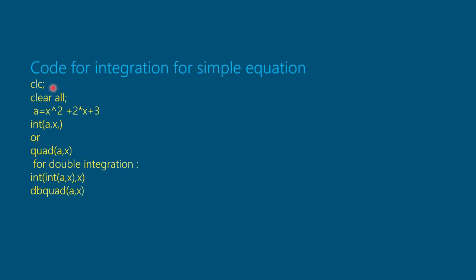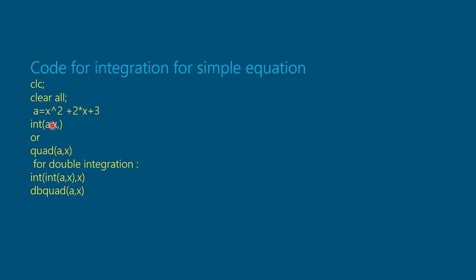Next one is code for the integration of a simple equation. So let's see here. The clc and clear all commands are for every equation or every problem we are going to write. And I am taking a is equal to x square plus 2x plus 3. This equation is a little bit clumsy, right? When you want to make this equation look very good, in such a way that the observer sees it beautifully, then you need to use a function called pretty. In the bracket, you need to write the variable assigned to the equation. That will be shown in the execution part.